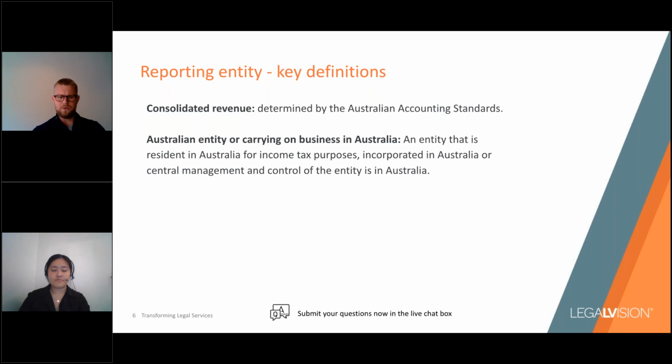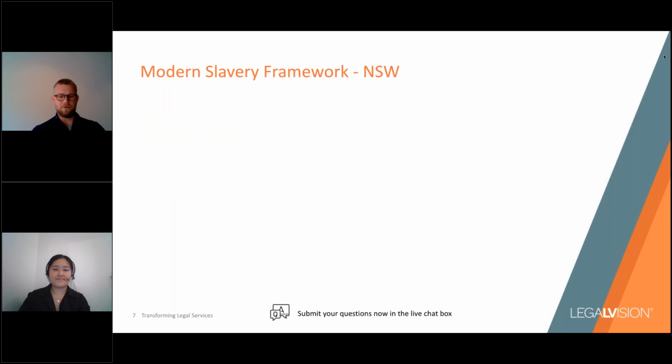I'll just touch briefly on New South Wales. And again, as Joe mentioned, New South Wales actually was first off the rank with introducing a Modern Slavery Act that was passed in June 2018. It is yet to commence, and there's certainly a unique feature about that legislation. Ordinarily, legislation is passed and commences shortly after, or otherwise commences on a date which is prescribed in the legislation, so everyone knows when it is going to commence. Commencement in relation to this act is just up in the air at the moment,